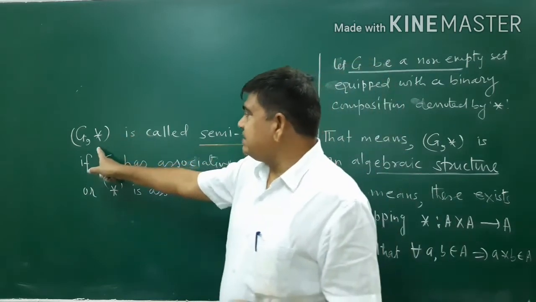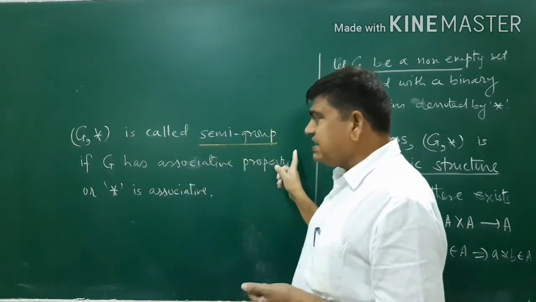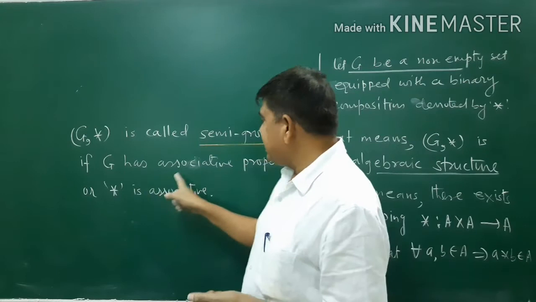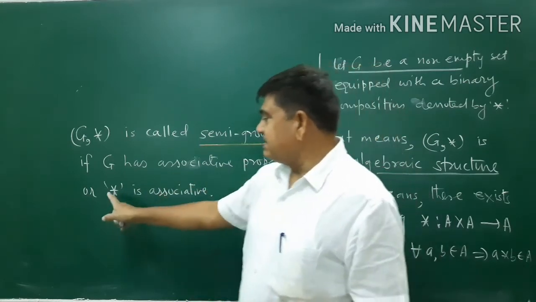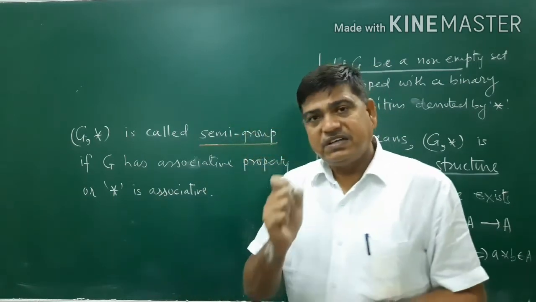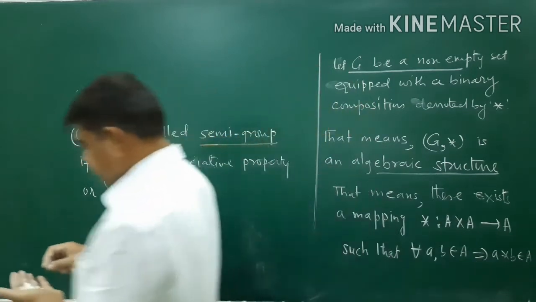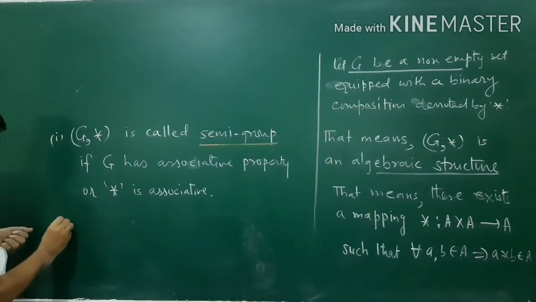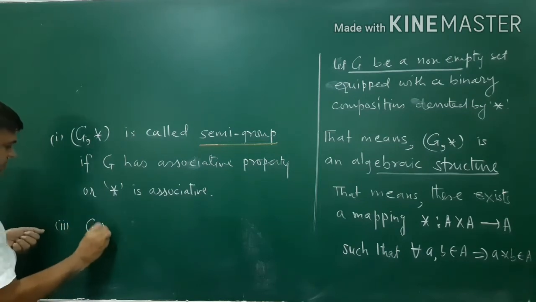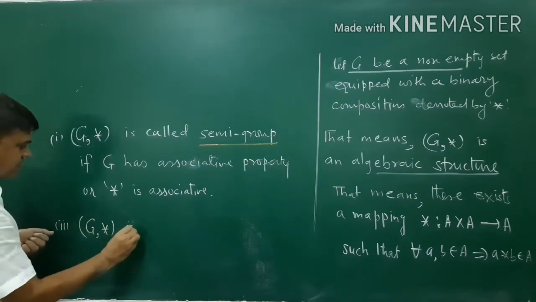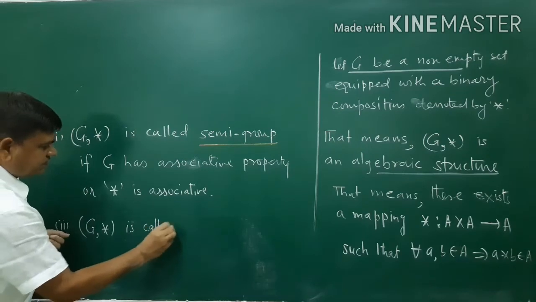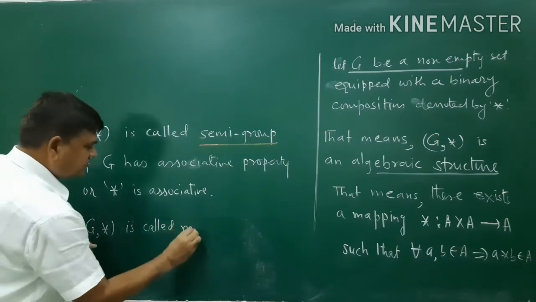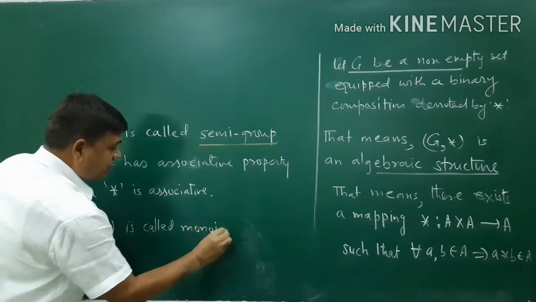If G has the associative property, that means this binary composition is associative, then this algebraic structure is called a semigroup. Similarly, it is called a monoid